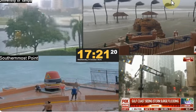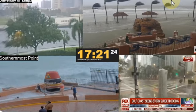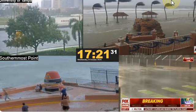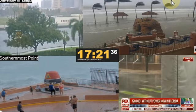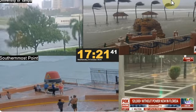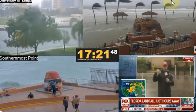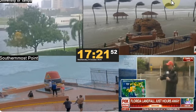Also, you see how the wind just picked up, and you're seeing this kind of pressure wash this area. Since we are looking at this wobble to the north, this could make landfall in Anna Maria Island. We're talking about the mouth of the bay. Either way, we're on the northern side of it as of right now. And when you see that, the wind could be in excess of 100 miles per hour. You're also looking on radar at that dark red. That's where you have those torrential rain rates, 3, 4, 5 inches plus, exacerbating everything that we've already seen here